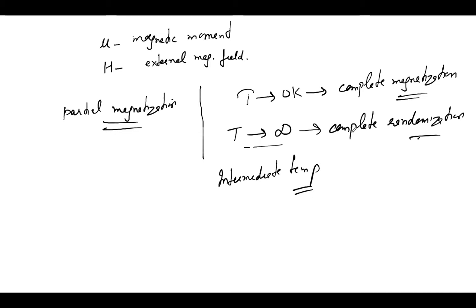So this situation of magnetization is completely governed by a quantity which is dependent upon mu h over kT. In this model of classical statistics, we will consider the particles, our dipoles, as distinguishable,